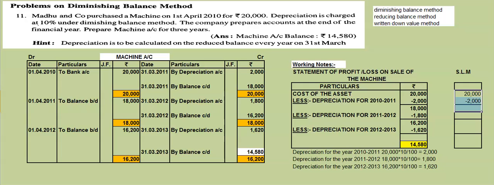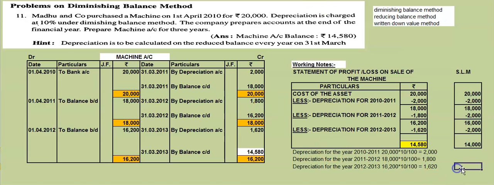Up to the first and second year there is no problem. You get 18,000. Up to this it is the same. Second year, again we find the depreciation on the cost only. Depreciation will be 2,000 only under the straight line method. So 18,000 minus 2,000, we got 16,000. See the difference here. Then third year also on 20,000 only you have to find depreciation. Now at the end of the third year, the value of our asset is 14,000.